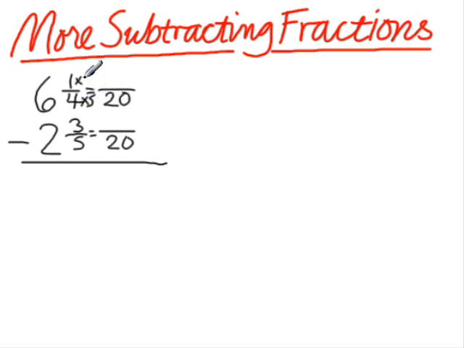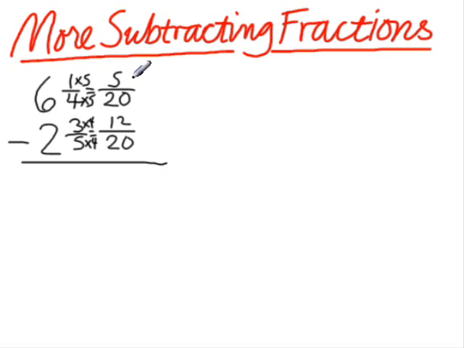Therefore, 1 times 5 gives us 5. 1/4 is 5/20. 5 times 4 gives us 20. 3 times 4 gives us 12. 3/5 is 12/20. Now, when we look at the problem, we are faced with figuring out how we can subtract